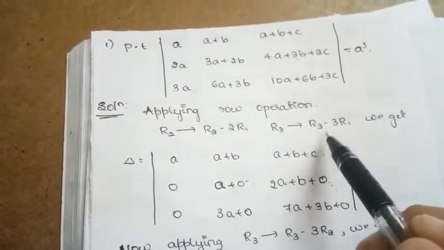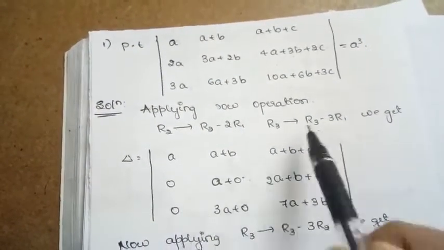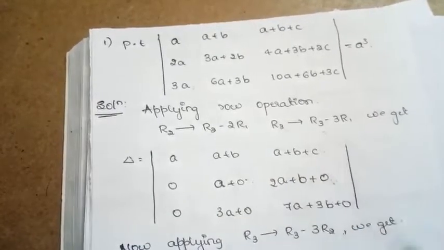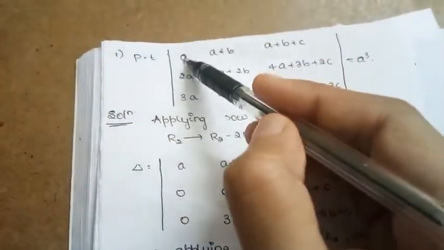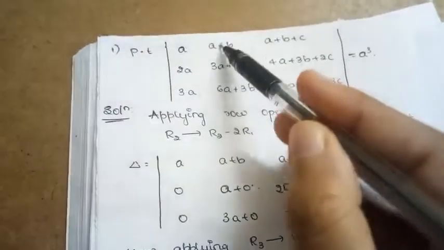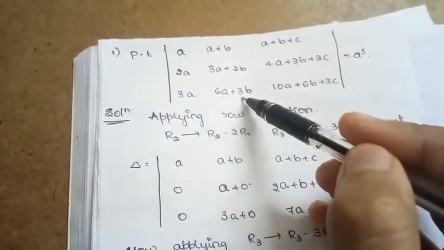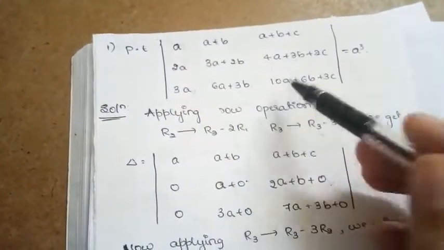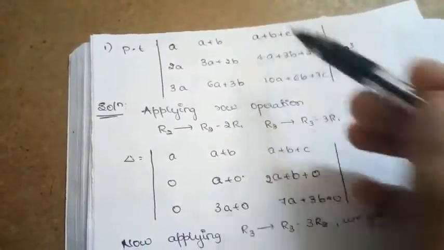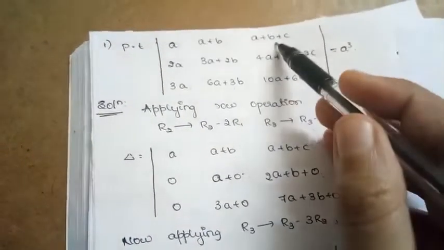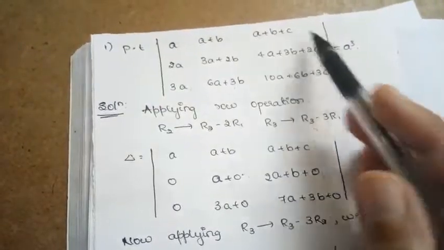And now the third row operation, what was that third row operation? R3 minus 3 times of R1. 3a minus 3 times of a, it was 0. 6a minus 3a is 3a, 3b minus 3b is equal to 0, 10a minus 3a is 7a, 6b minus 3b is 3b, 3c minus 3c is 0. So you got one of the